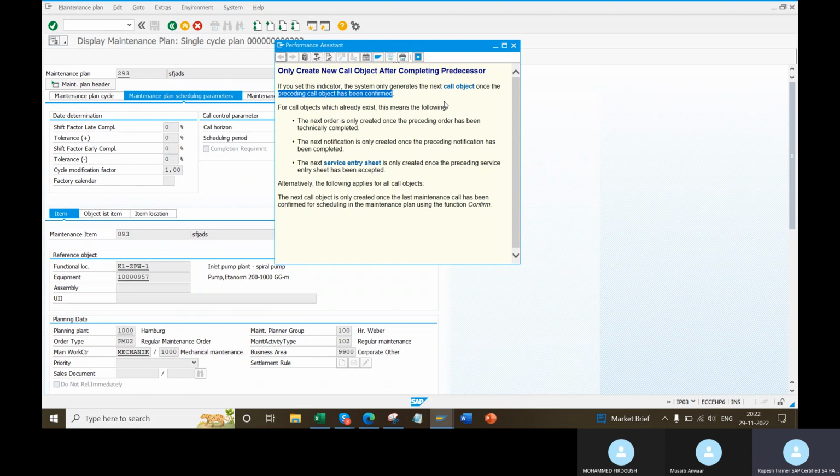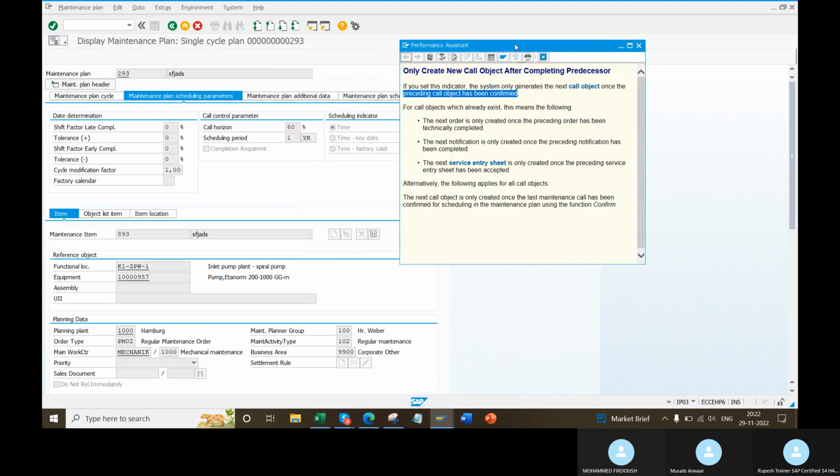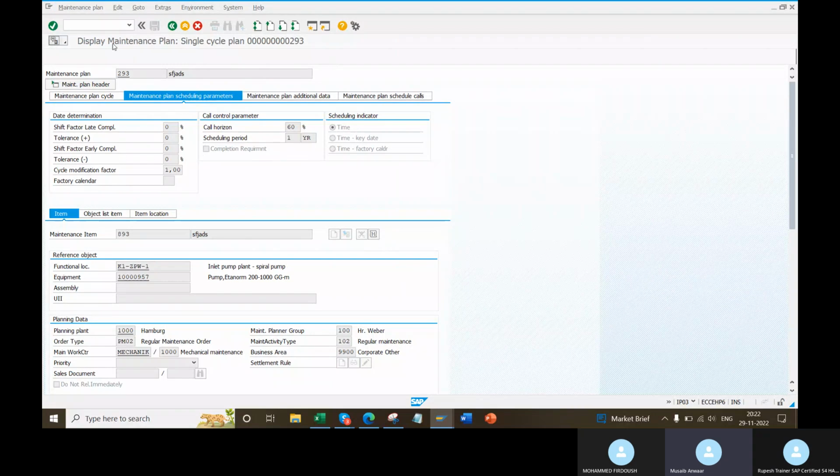Any questions here on completion requirement, this tick mark? No, sir. Okay. How to do it here? It should work in the work order, no? See, actually, I also don't actually do it and see that.